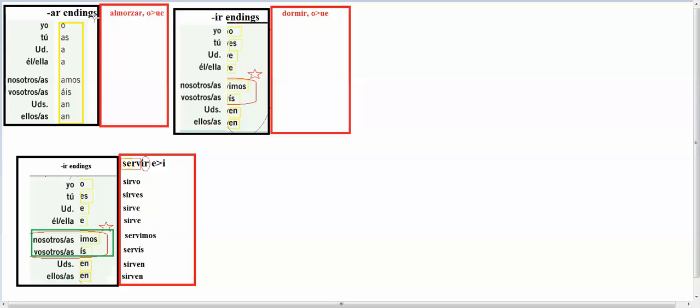Okay, so we'll practice with almorzar first. It's an AR verb, so it gets the AR endings. So here would be almorz, that would be the stem if you take it, and it would be an O to UE. Since this is not nosotros or vosotros, I'm going to change it to a UE and then add my O. And what I'll do is also draw,